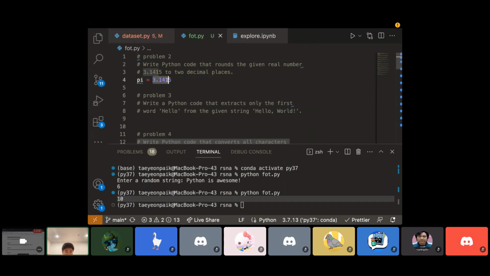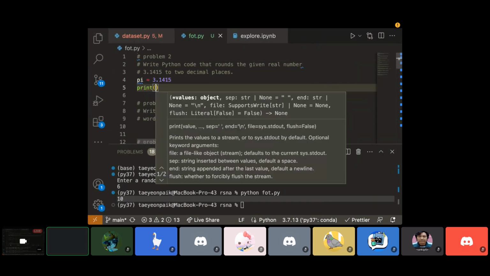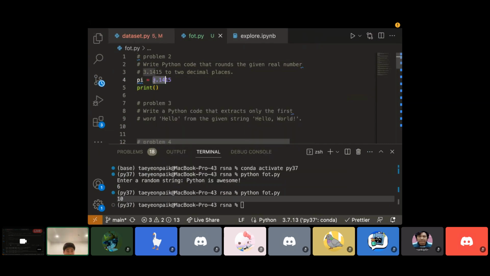And since the value is called pi, I'm just going to call the variable pi. And next, we want to print this variable such that only 3.14 is shown. So the way we do that is, I'm not sure if you guys have learned this, but